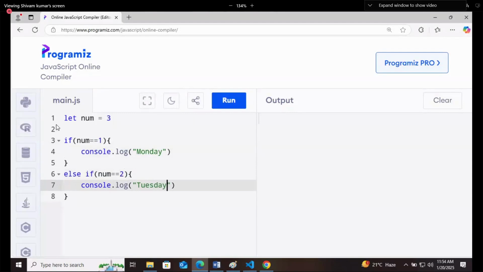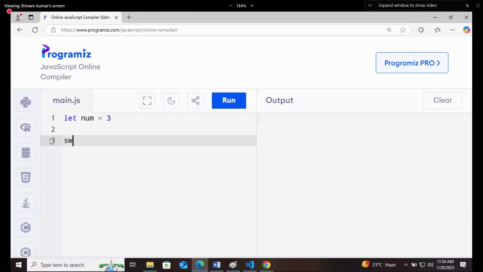Here the user will give one choice and you have to print the corresponding result. Now see, then again you have to write else if for Wednesday, same else if for Thursday, then for Friday, then for Saturday, then for Sunday, and you have to write a default condition. We can easily handle this part using a switch condition. So here we will write switch. Switch will work on num. And inside that, case 1. This 1 is a value. That is case 1, when the value of num is 1.